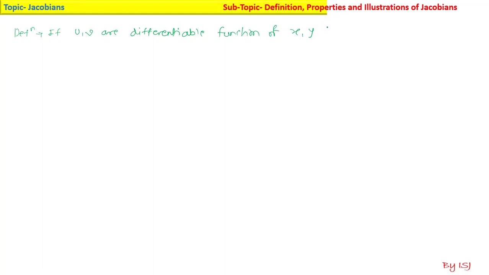Then the Jacobian of u and v with respect to x and y is denoted by J equal to ∂(u,v)/∂(x,y). Read it as the Jacobian of uv with respect to xy. And what is the formula? It is given by